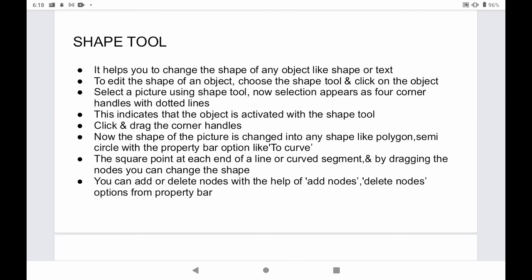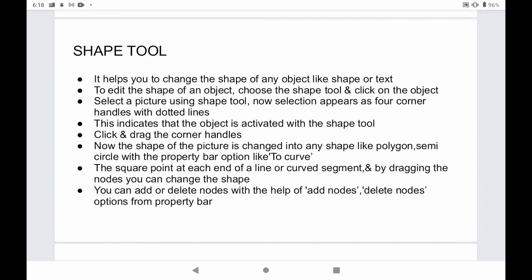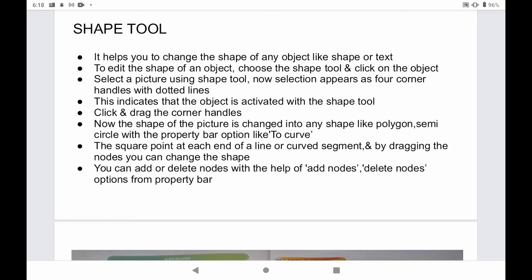Now the selection appears as 4 corner handles with dotted lines. So whenever you can see these dotted lines on the surrounding portions of any object, this indicates that the object is activated with the shape tool. Then click and drag the corners. The corners are also known as corner handles. Now the shape of the picture is changed into any shape like polygon, semicircle or any other shape